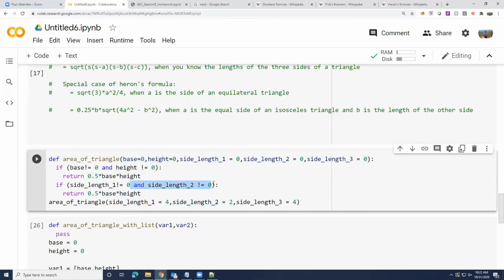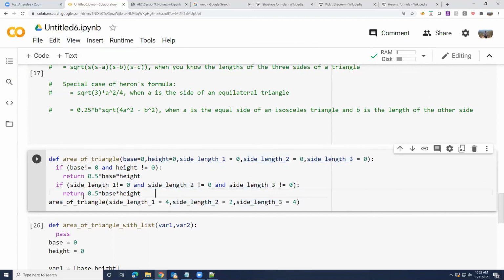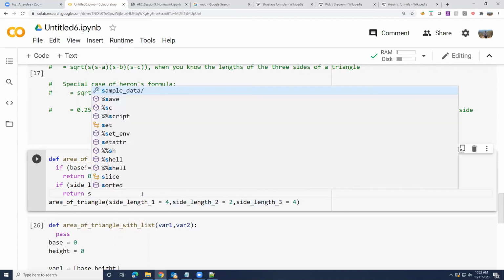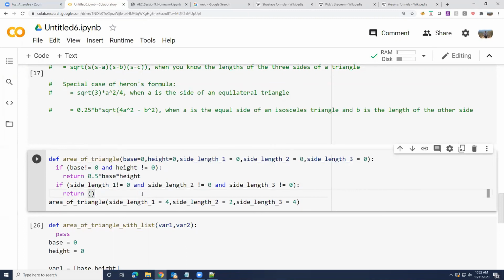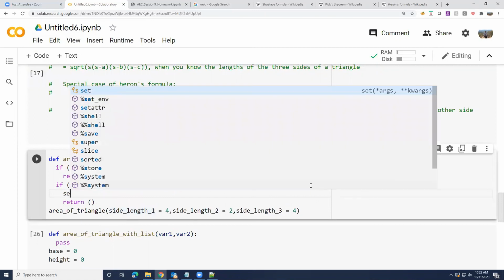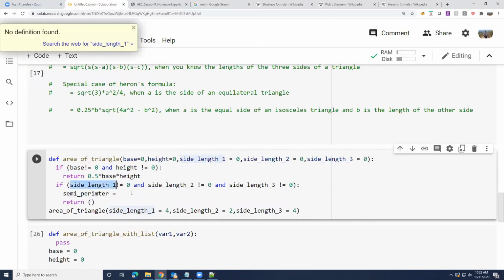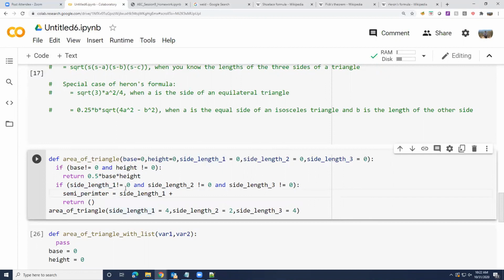Why am I saying not equal to 0 here? Any guesses? In fact, I should say greater than 0 actually, not just not equal to 0, because what does a negative length of a triangle mean?